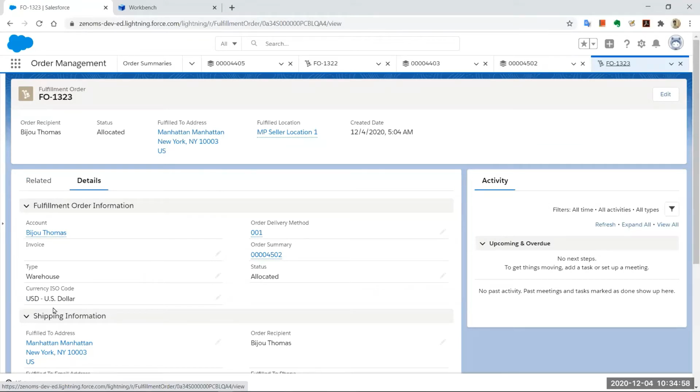So innately, what Salesforce within order management is trying to bring out is the separation of order and the fulfillment part of it. So you have the intent that gets captured in the commerce or your e-commerce web portals or web stores, whichever it is.